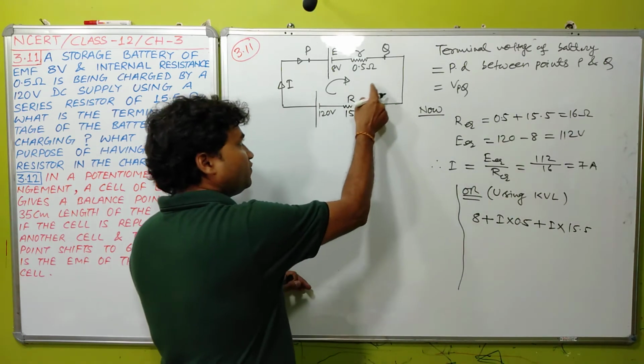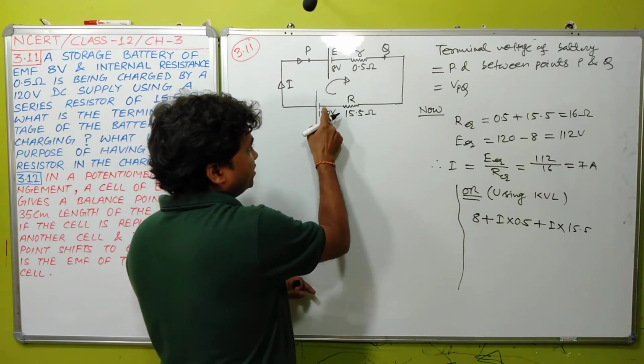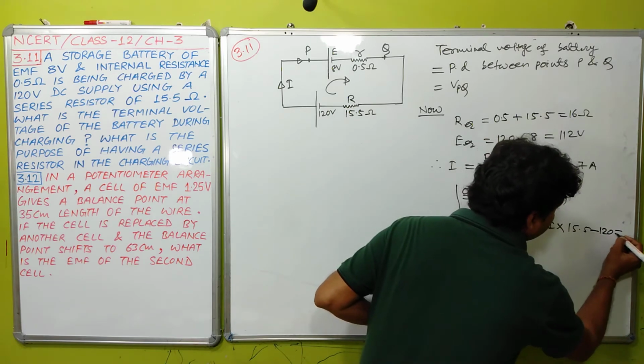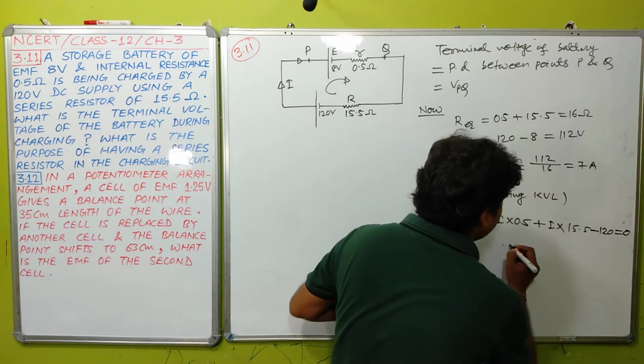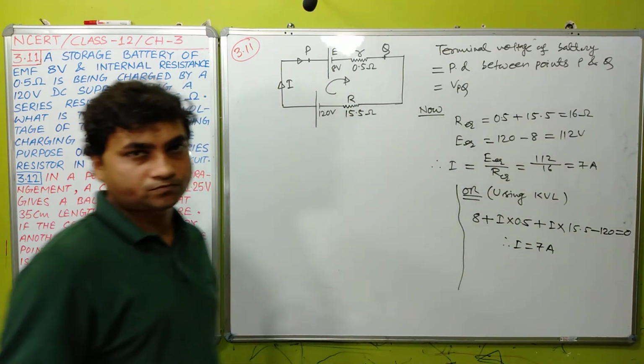Again we are moving this side and we face the negative plate of the battery, the negative plate of this source, so we will take a minus sign with value 120 volt equals 0. When you solve this equation, again you will get the same value of I, that is 7 ampere. Okay student,